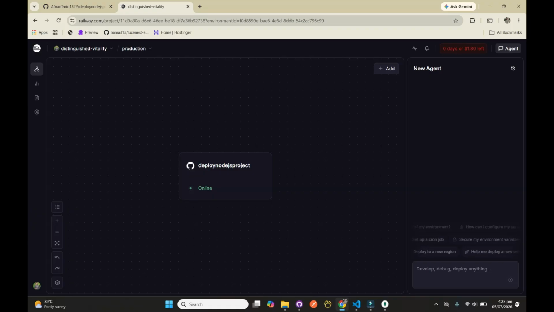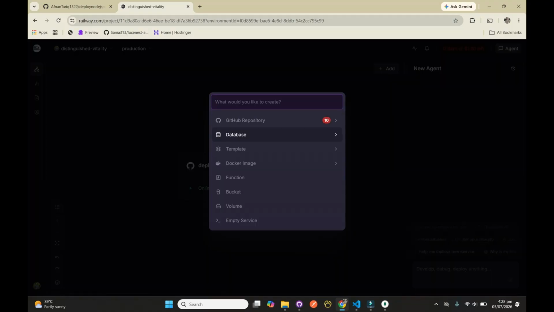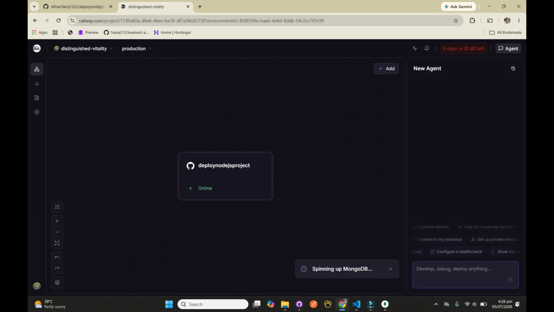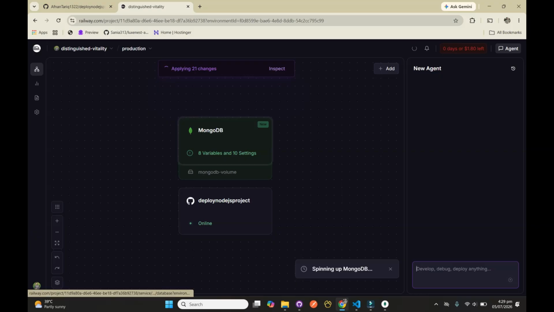And for this, after deploying your repo, it shows you this option, Add. Just simply click on this, and from here we need to select the database. As I told you at the start, or from the video title or thumbnail, you understand that we are going to use MongoDB with Node.js and Express, a complete MERN backend deployment. So I will select MongoDB here, and it is showing me it is spinning up MongoDB,